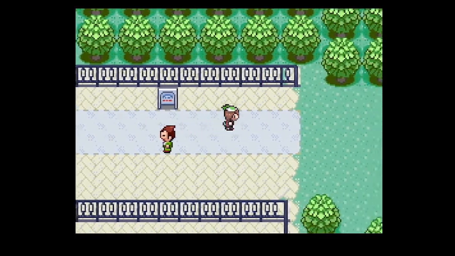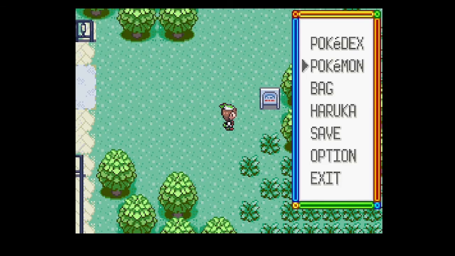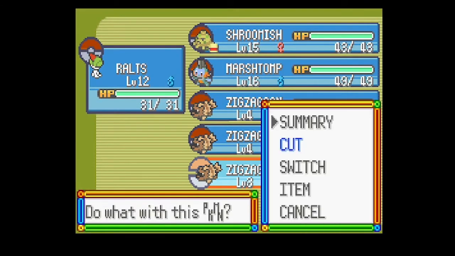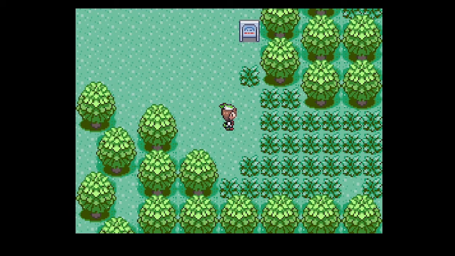So, I guess that's gonna be one of our next objectives, because back on Route 116, we still have cut trees, and we are able to use Cut outside battle too. And I think that's a good way to end this episode. So yeah, next time on Pokémon Emerald, we are going to further explore this route and maybe take on the Team Aqua problem. So I'll see you guys again for